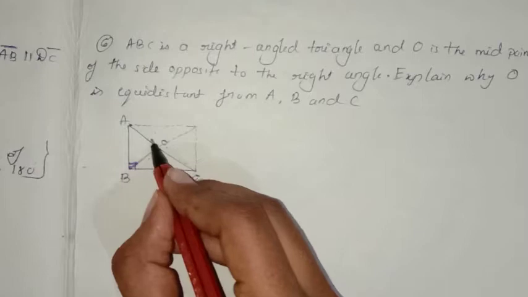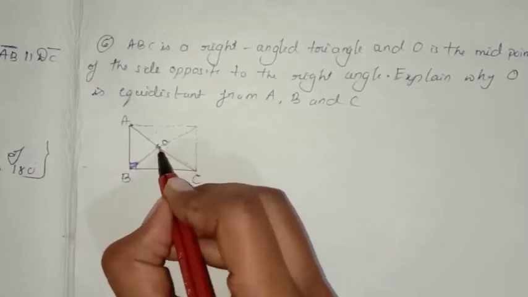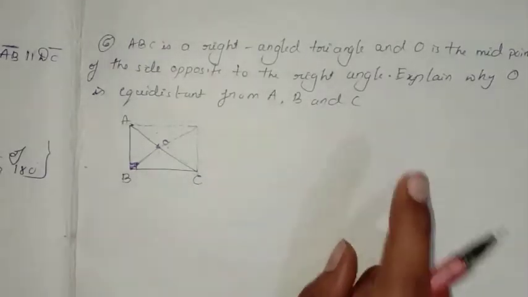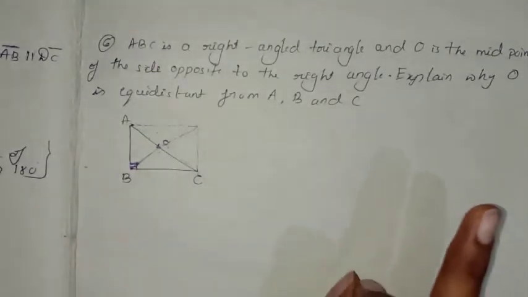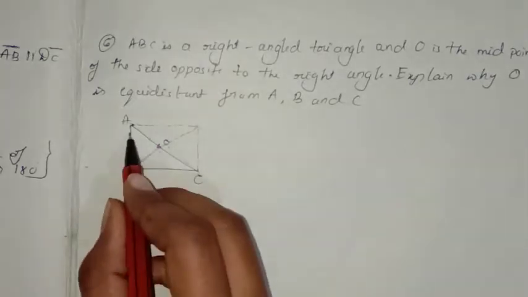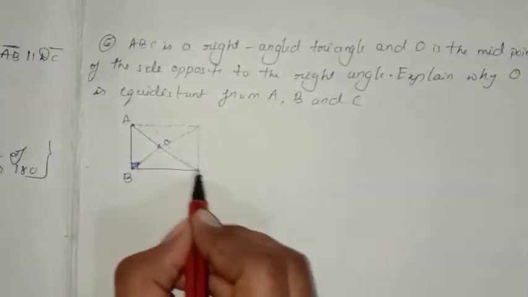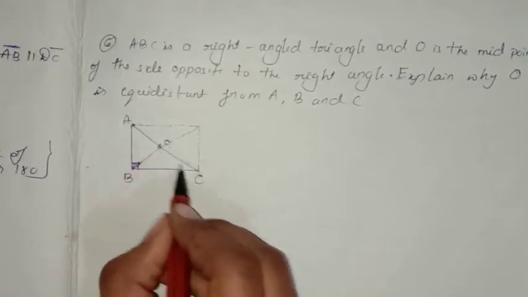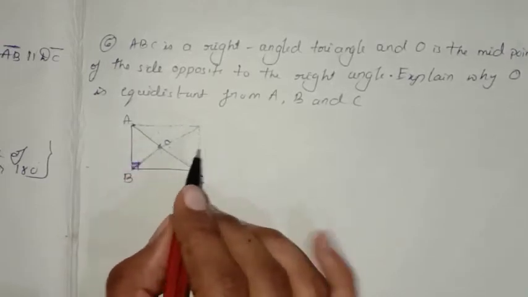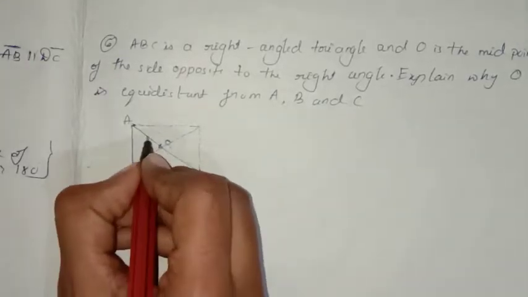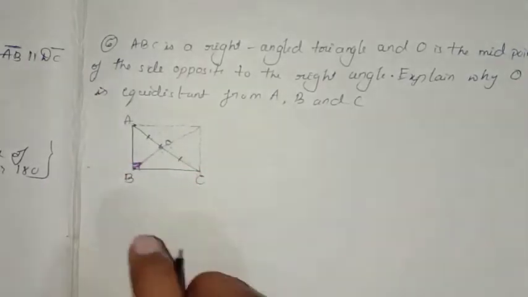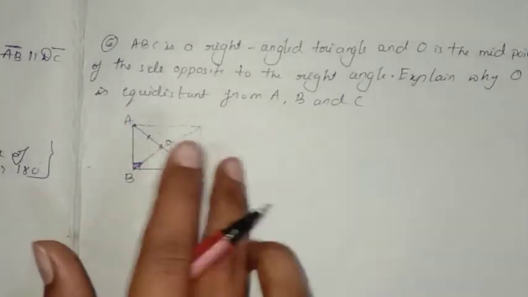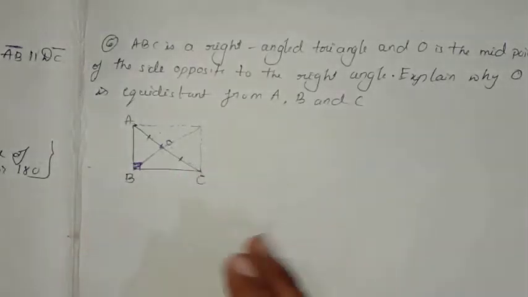If the sides are equal, that means from B till O, A to O and OC are equal, that is equidistant from each other. So that's it, you have to mention there. First thing, as they have given a right angle triangle, it is a 90 degree angle and, as it is the diagonal, one of the diagonals we can draw. If there is a formation of diagonal, that means this side and this side will become equal to each other, because the diagonal formed is equidistant, that is equal to each other.